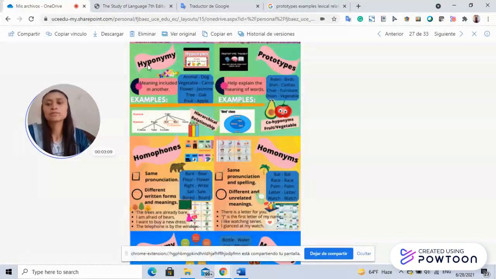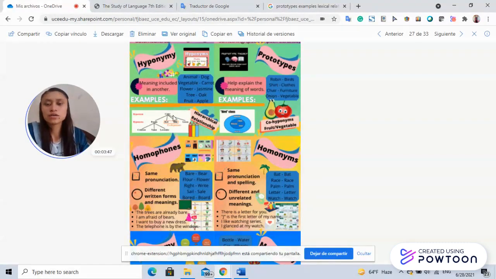Okay, the other one is hyponymy, in which the meaning of one word is included in another. For example, a dog is included in the meaning of animal, carrot in the meaning of vegetable, oak in the meaning of tree, apple in the meaning of fruit, among others. We can also find a hierarchical relationship with hyponyms, in which color is the superordinate term because it has the higher level, and we can say that red and blue are co-hyponyms or subordinate terms of color because both